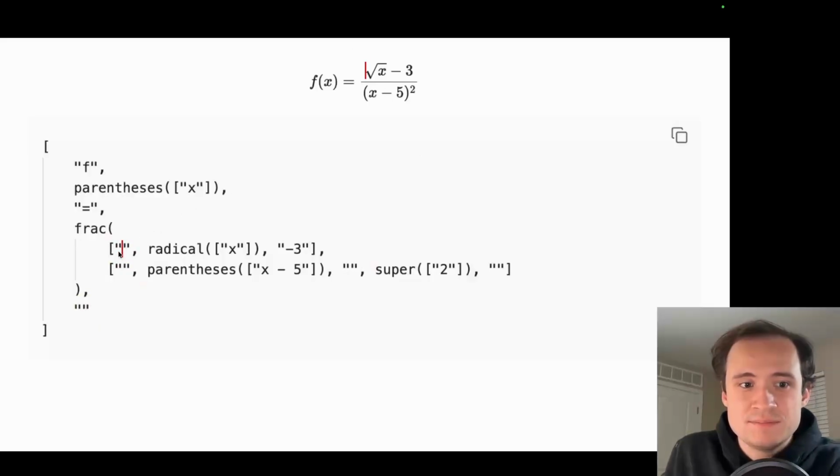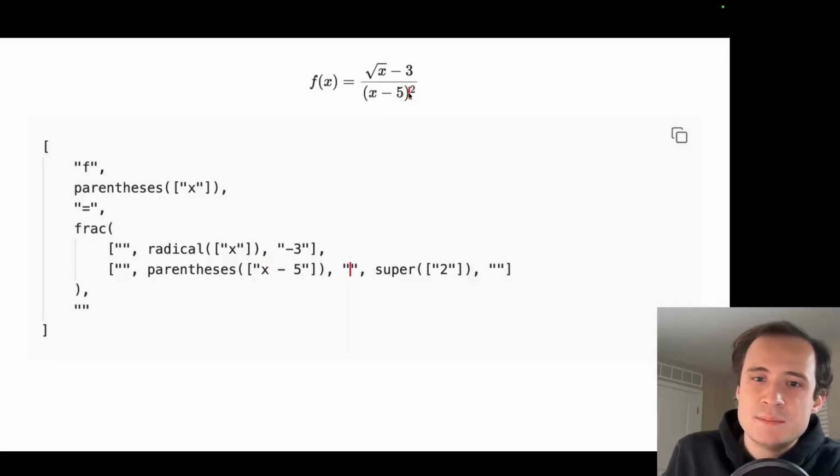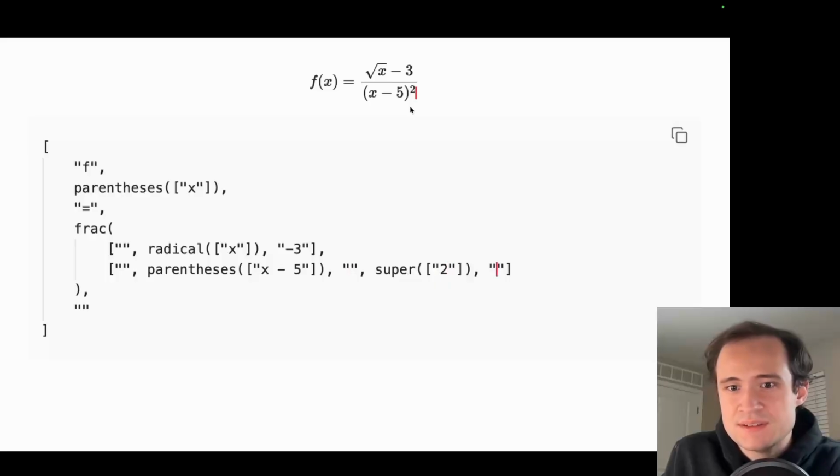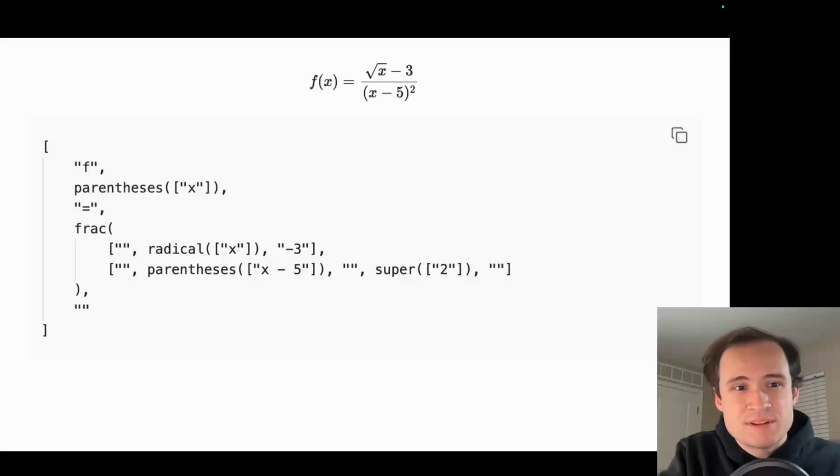Before the radical has a position. Inside the radical, before and after these different characters, before at the beginning of the denominator, inside the parentheses, before the two, within the two, after the two, and after the fraction. It all works. So I built this and I was feeling really proud of myself, and I went to share it on Discord